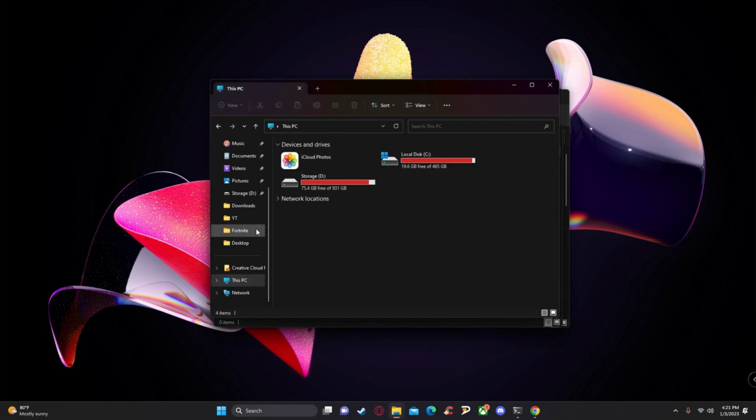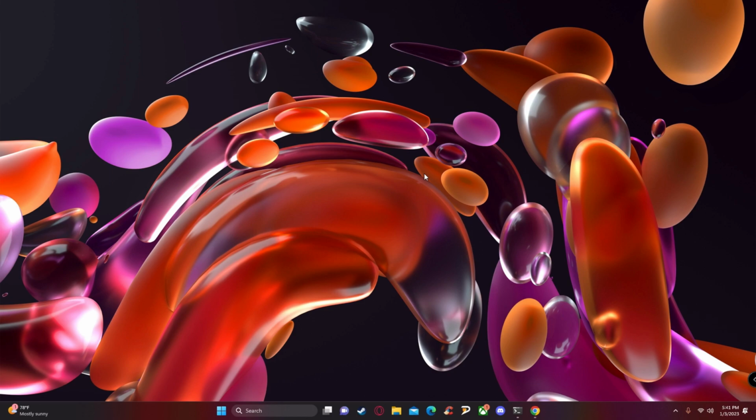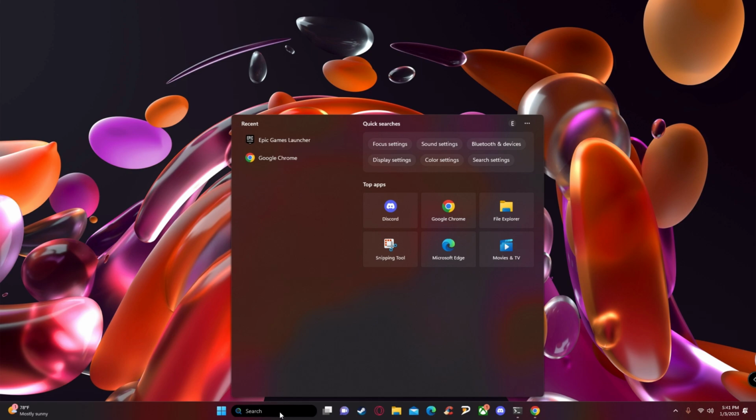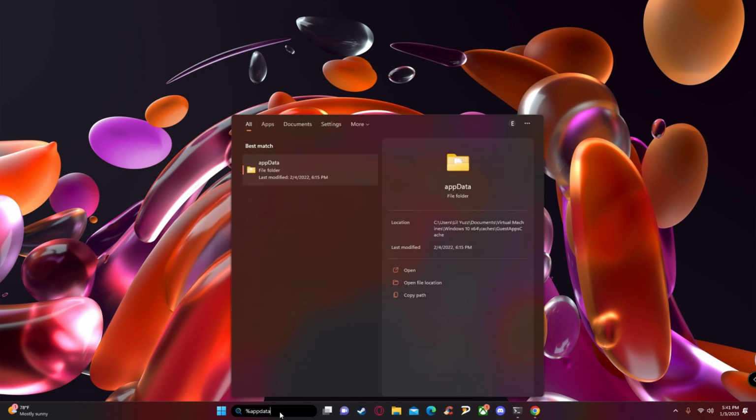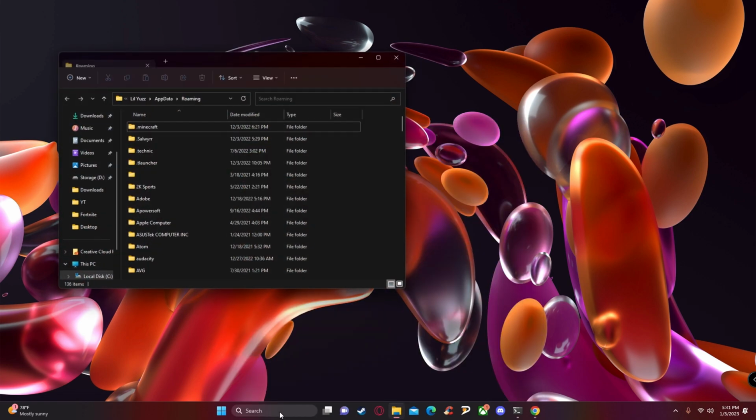By clearing our temp files, we were able to gain tons of free space on our drive. The next thing we need to do is edit our Fortnite files. In order to do this, go to your search bar and type in %appdata%. After doing this, click enter, and then as soon as you get to the file, click the up arrow